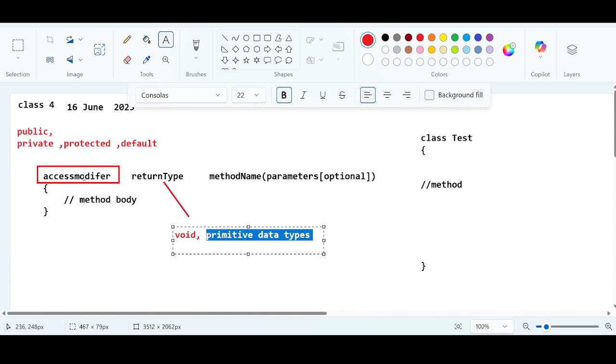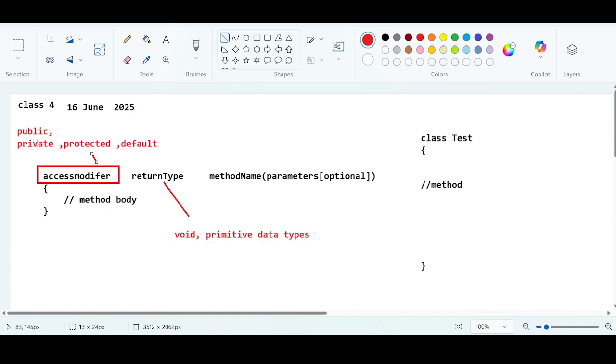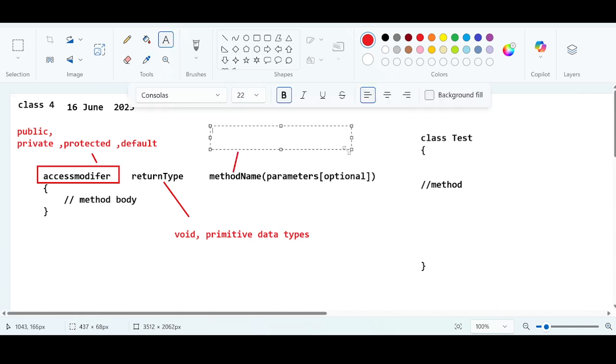How can we replace this syntax with meaningful Java code? How can we develop a method? So I am saying this is syntax, right? When I say access modifier, you can give one of these four names: public, private, protected, and default. When I say return type, you can give void or any one of the primitive data types, right? And when it comes to method name, you can give any meaningful name that follows